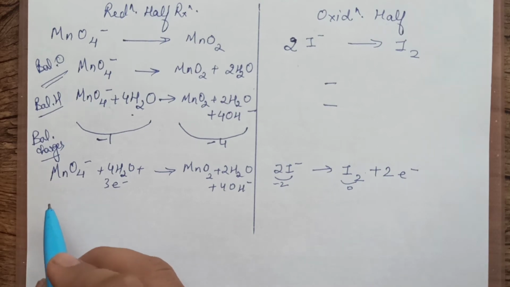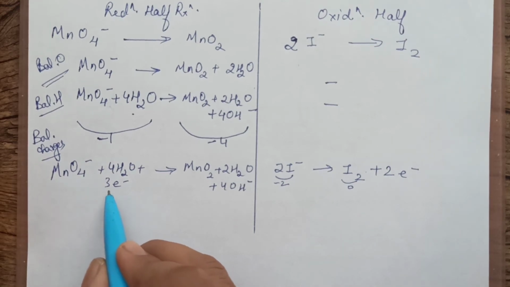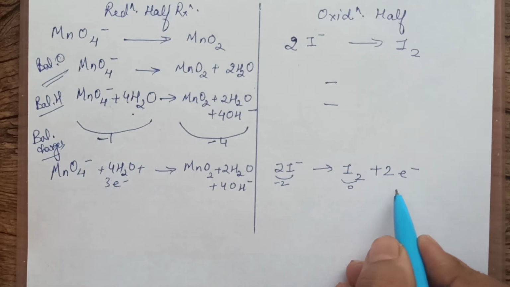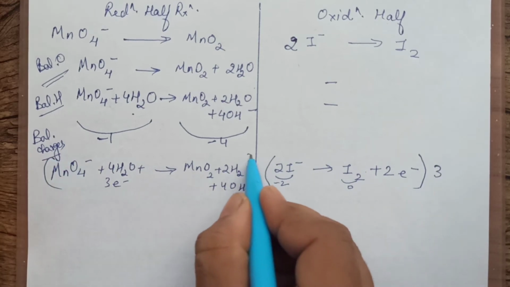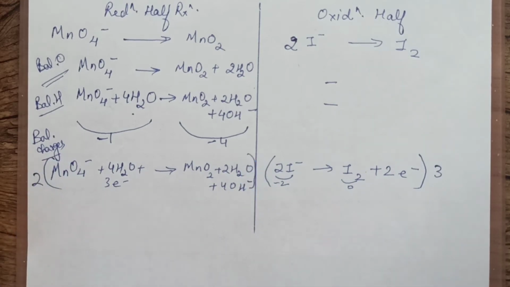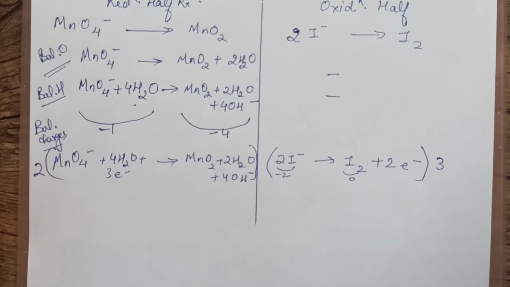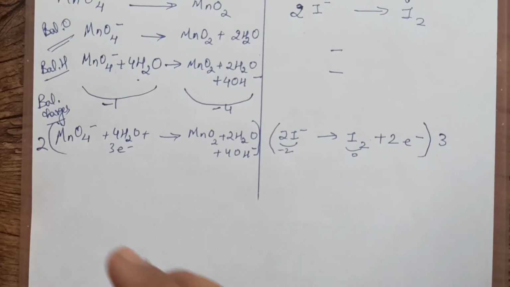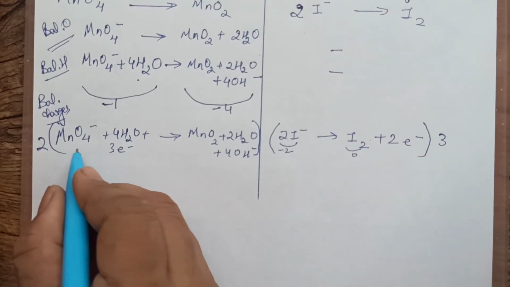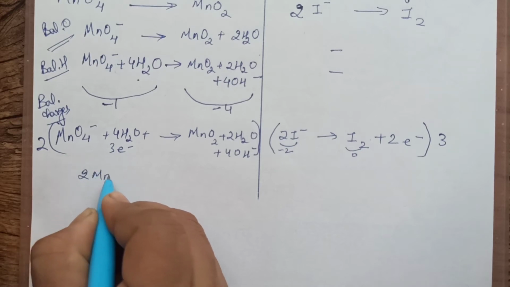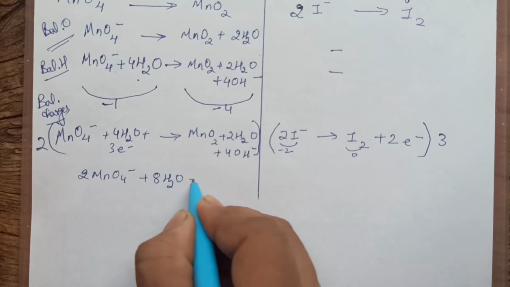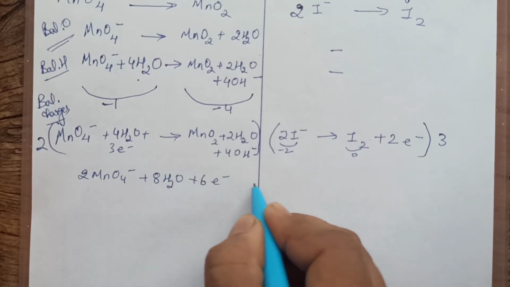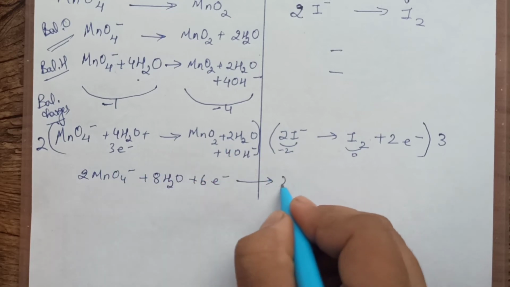Now the next step is I have to equalize the electrons. Left hand side I have 3 electrons and right hand side 2. I will multiply this equation with 3, this equation with 2, the whole equation to be multiplied with 2 and 3, so that the electrons get cancelled. We do not want the electrons in the final equation. So I will rewrite the whole equation by multiplying left hand side with 2. But please see to it very carefully that you do not miss out anything. By chance if you miss out multiplying anything with 2, then your answer will be wrong.